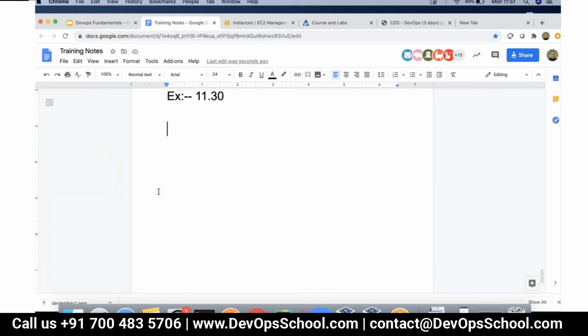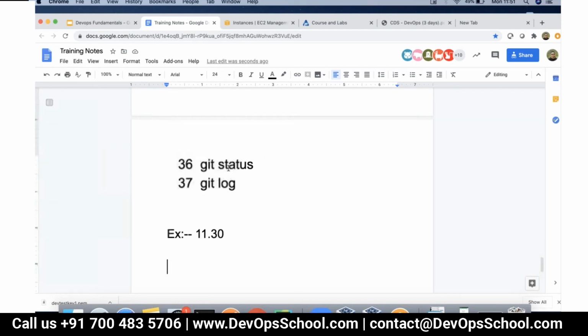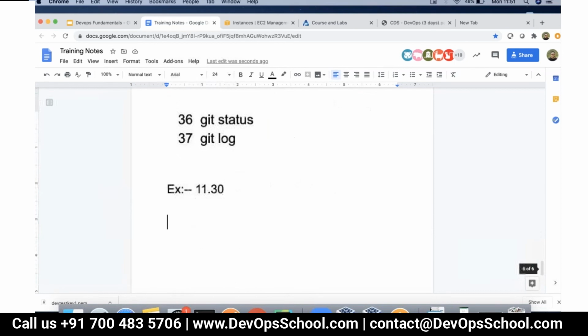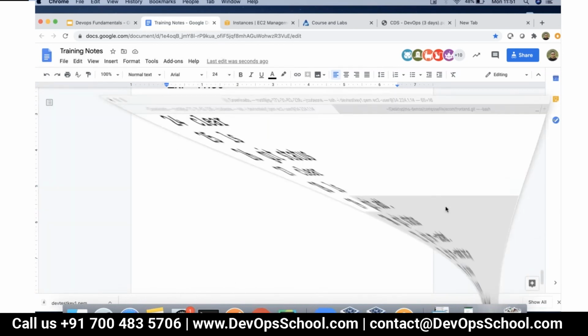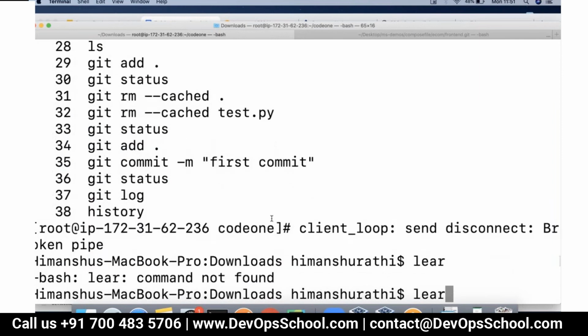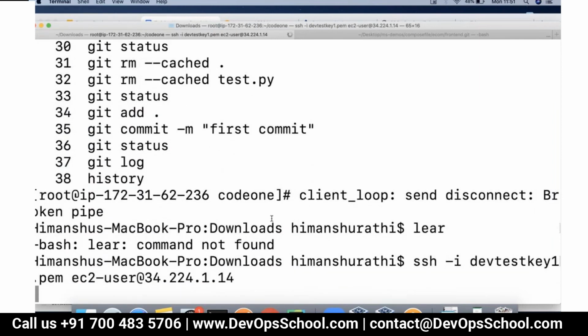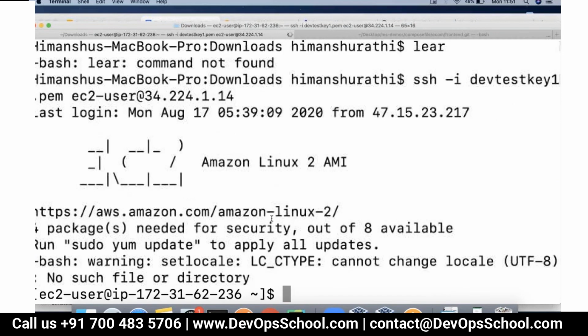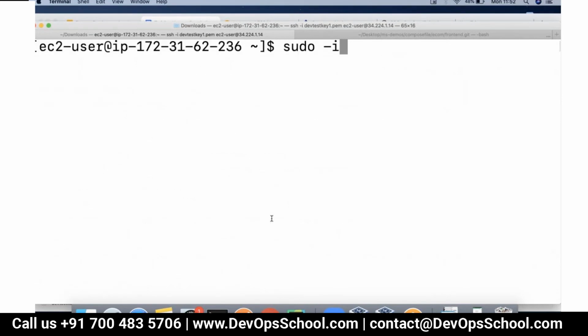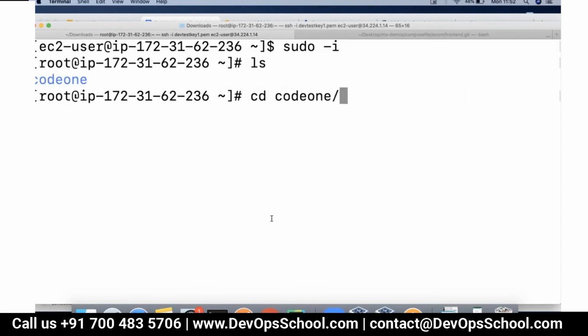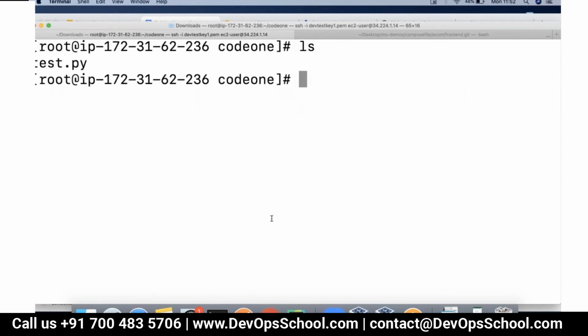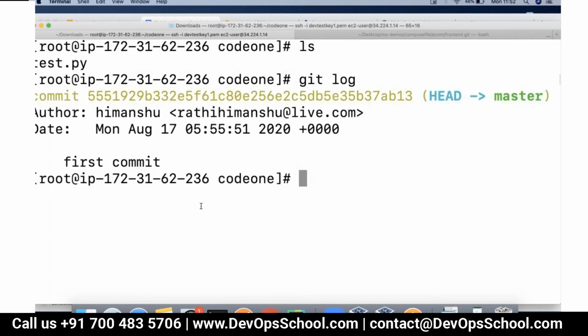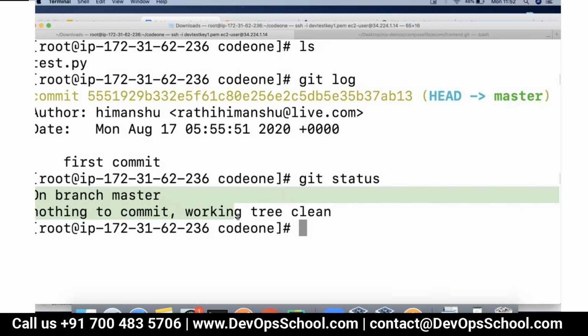Fine, guys. Now let's try and understand how we can work more with this. We have made our first commit into the Git repository. Now, if I go back to my repository, let me take you through some of the popular commands which we often use with Git. This is my code repository, and here I have only one file. If I do git log, it will show me all the commits I have made, and we can see we have one commit. If I do git status, we can see there is nothing pending right now. Everything in my source code files has been committed.